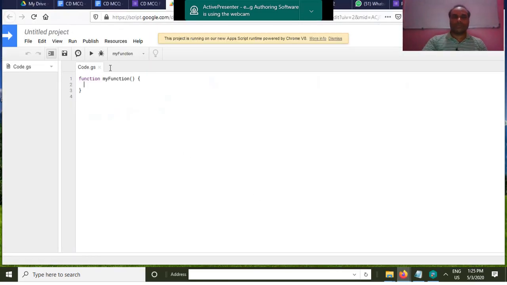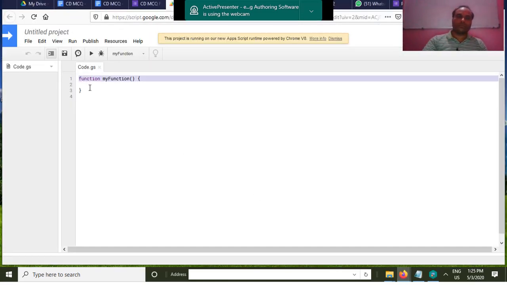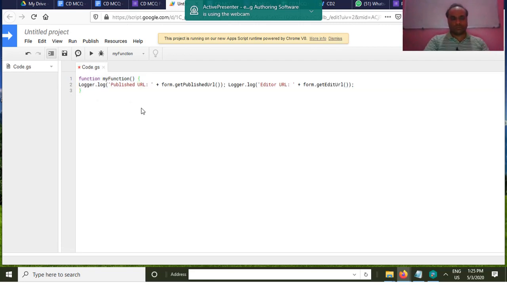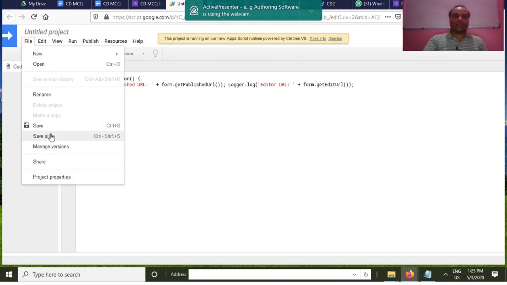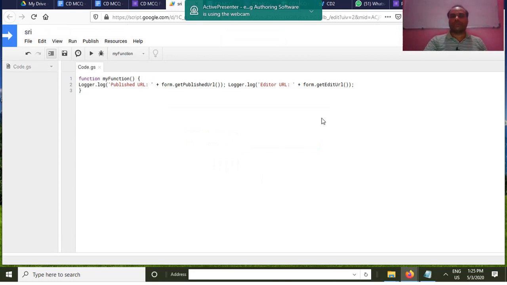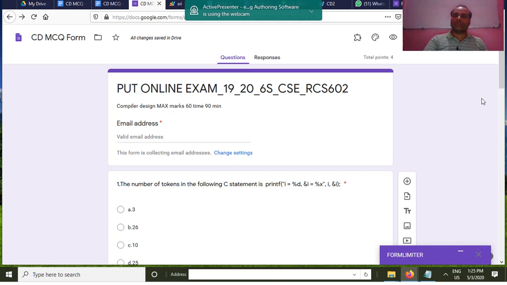Yeah, you have to paste it here. Give any dummy project name and it is saved. Then this part is also over. Almost your process is going to be finished.